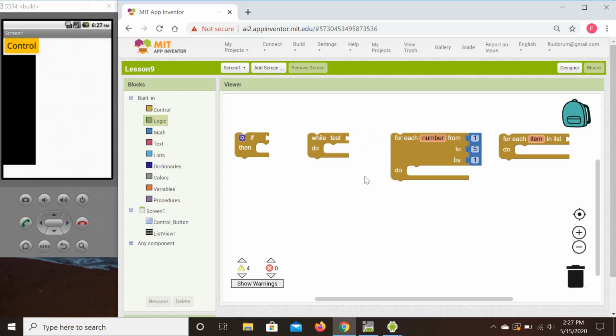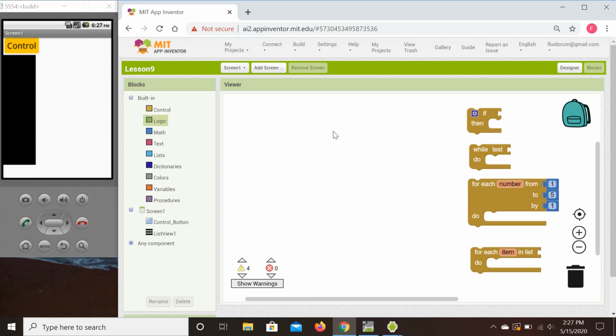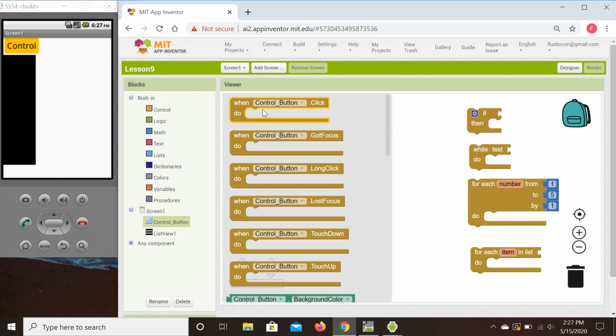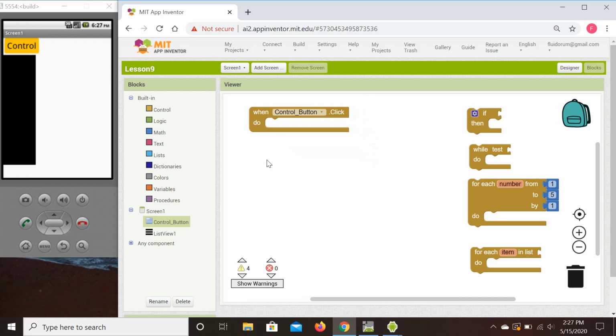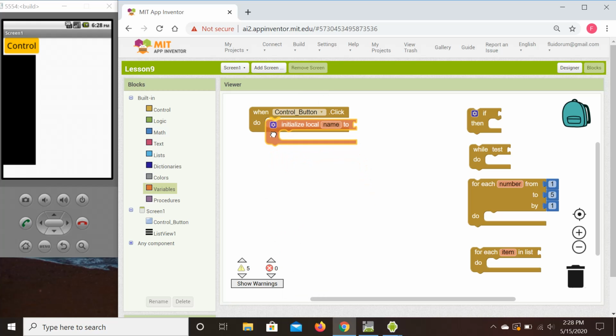Okay, so let's quickly demonstrate how we can use these command blocks. First of all, we're gonna need our control button, right? So we want to use this as our event handler. Second, we said we're gonna be working with lists, so we're gonna need to create a list as our local variable. We know how to do that, so we're gonna initialize our local variable. We're gonna simply call it count,